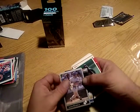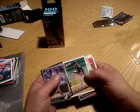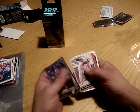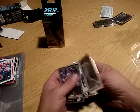Got a Leaf set, Manny Harris, Carlos Hernandez, Rick Aguilar, a bazooka. It's a pretty neat card. Hubby Brooks, Tommy Hink, Tom Pagnozzi,